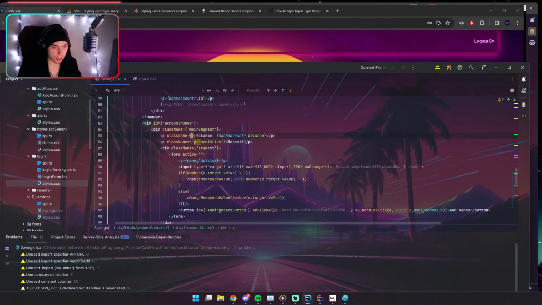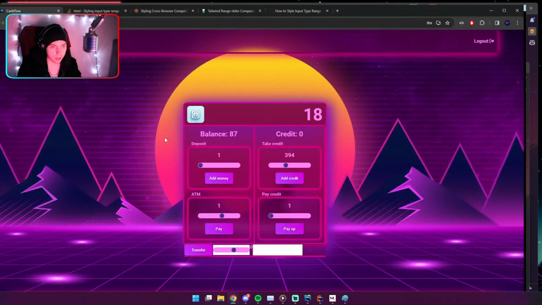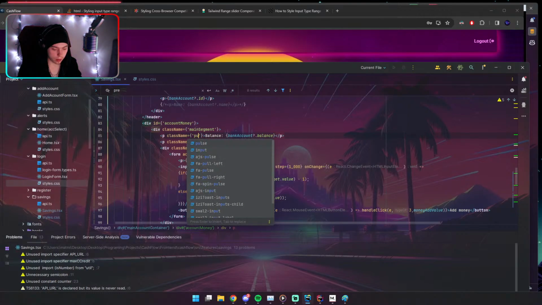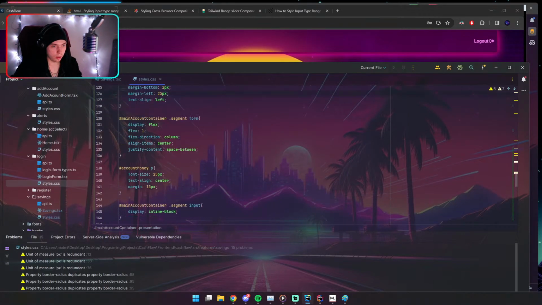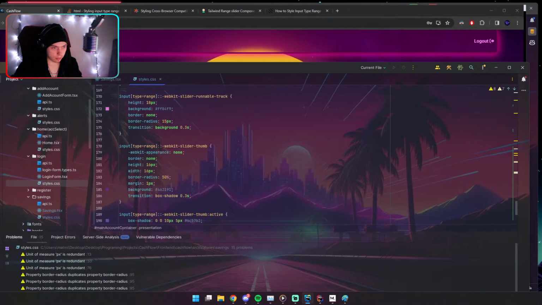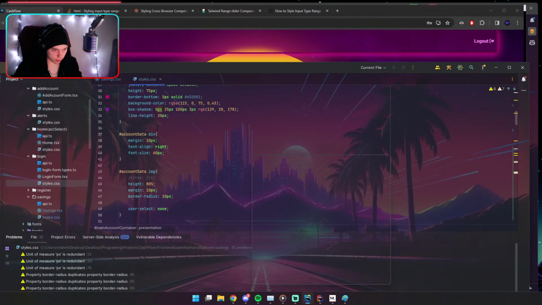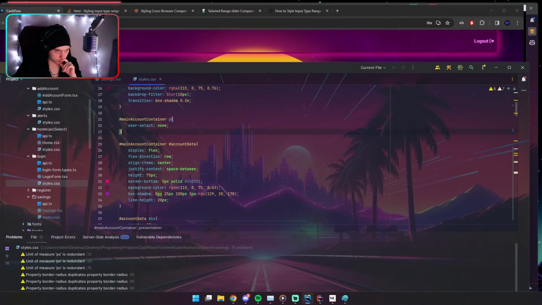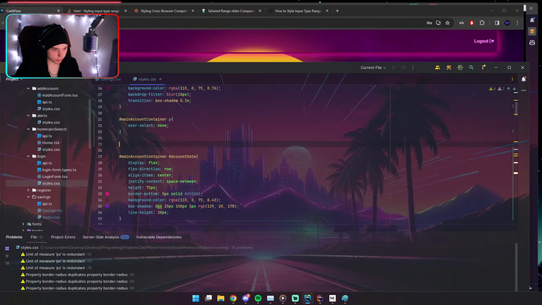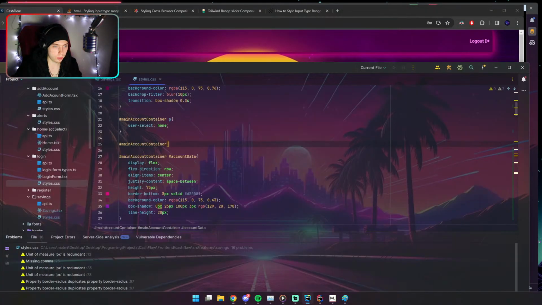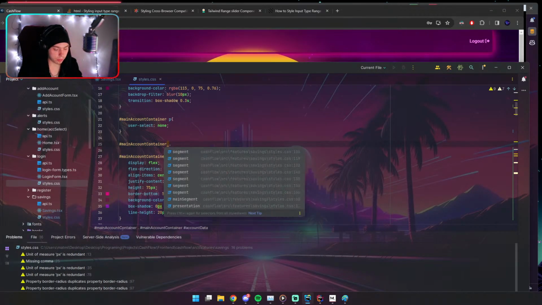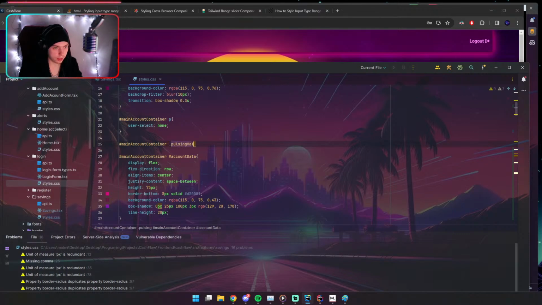Yeah, it will be a class name of pulsing value, and right here, somewhere on the top, main account container, class name of pulsing value,